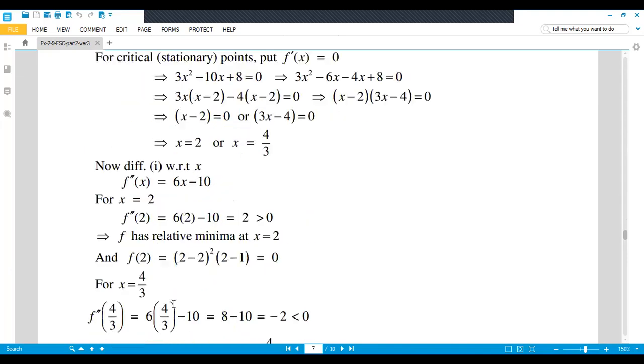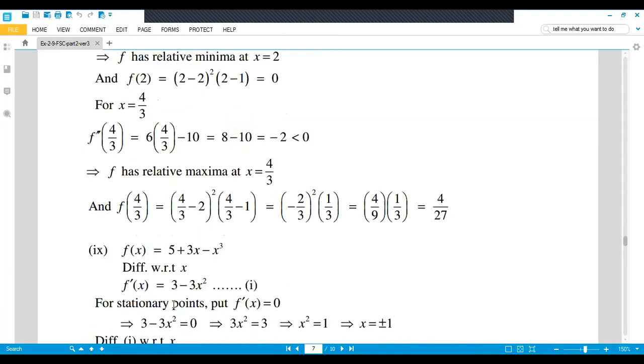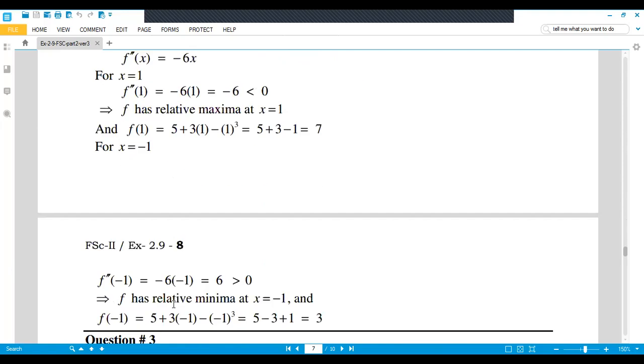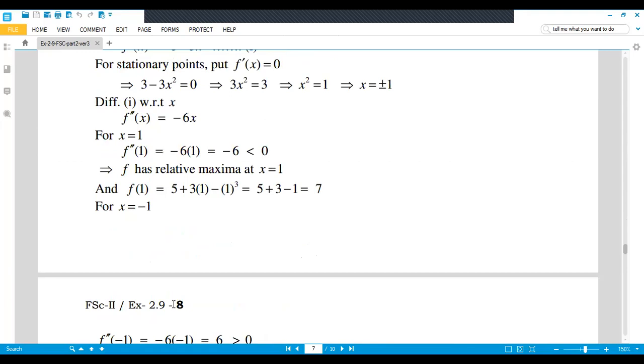The 8th part you do just like the 7th part, and the 9th part in the same way. Their methods are the same. So question number 3, inshallah, from question number 3, 4 and 5 we will discuss